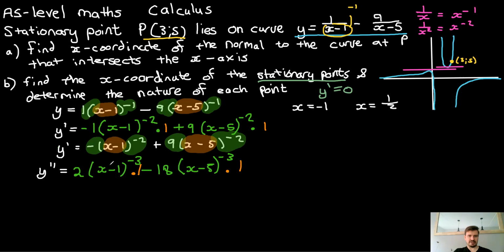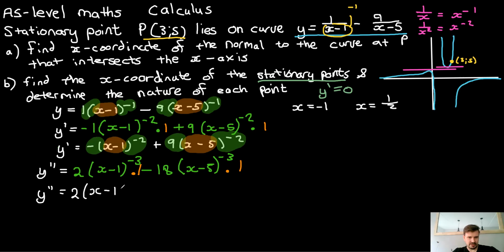So I did the outside first and then the inside. I like to call it the outside-inside rule, but other people do the inside first. I just find that that way, if you end up with negatives, it becomes quite confusing. Whereas if you just tag this along on the end, you can figure out if it's negative or positive much more simply. So now we have our second derivative, which is then